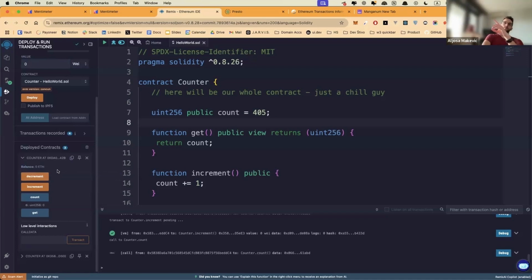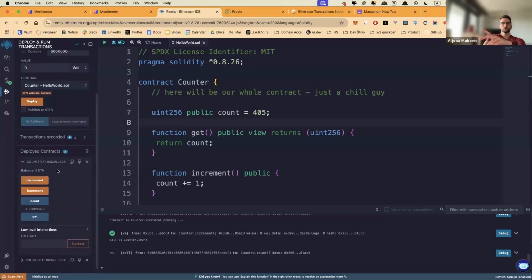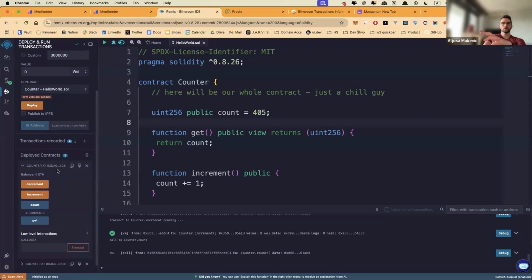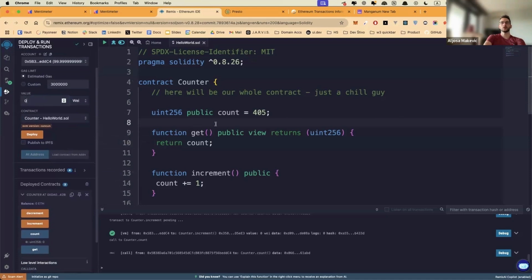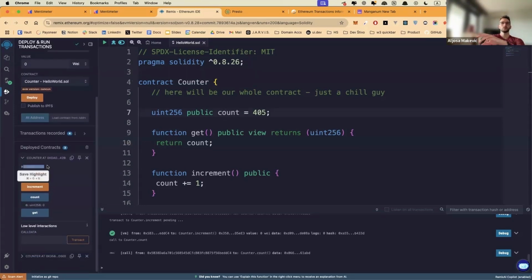Great question. That is the balance of the smart contract itself. So the smart contract has a balance, just like a wallet has. If we were to write a function where we also need to send some ETH to deploy the contract, it would be locked up in that contract just like you sent it to a person.